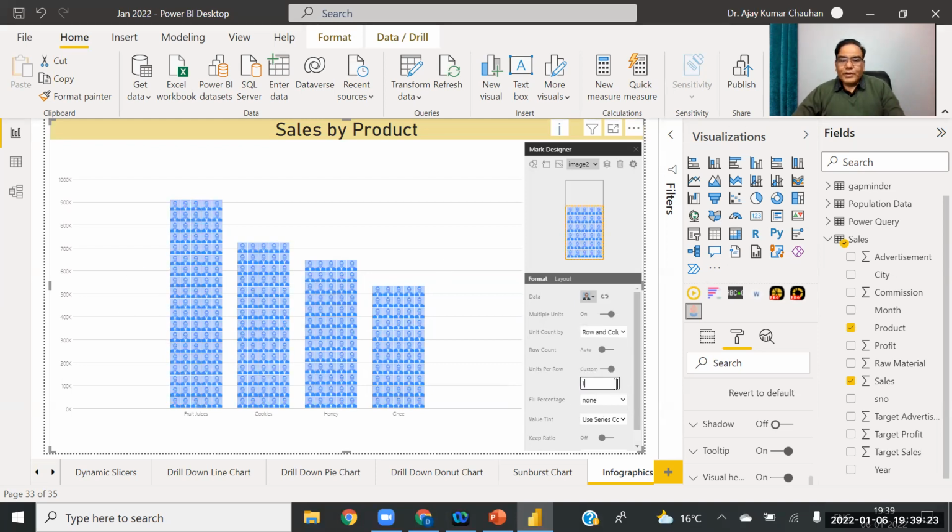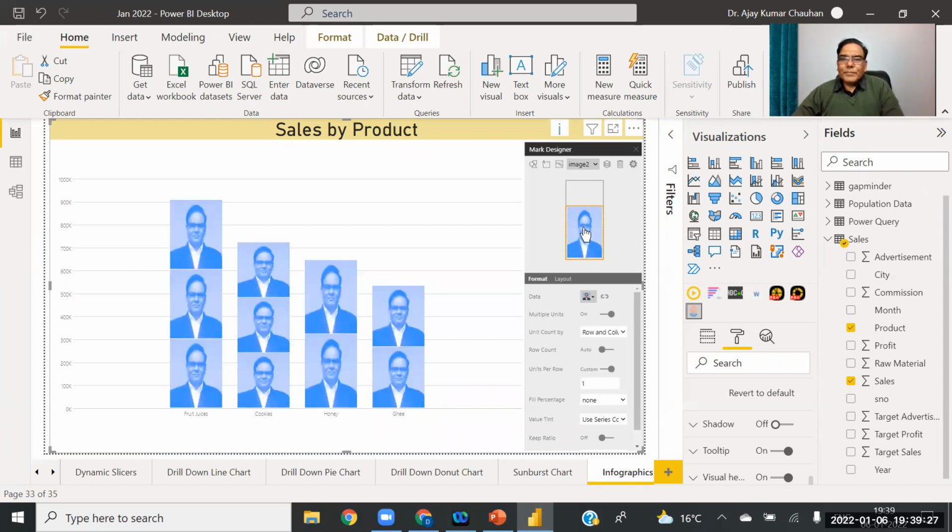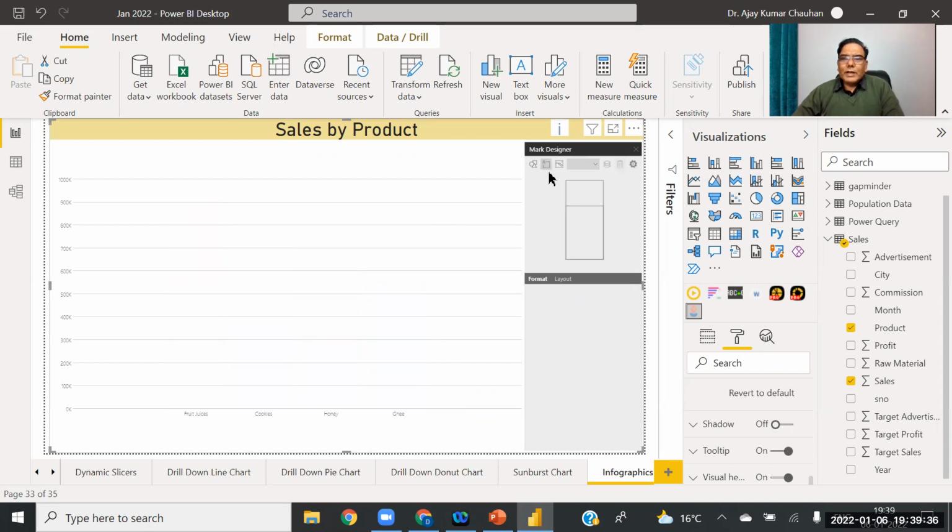You can add 1 unit like this. So there are different ways you can make this graph attractive. I delete it and can insert any other image. You can insert text also. So what text?